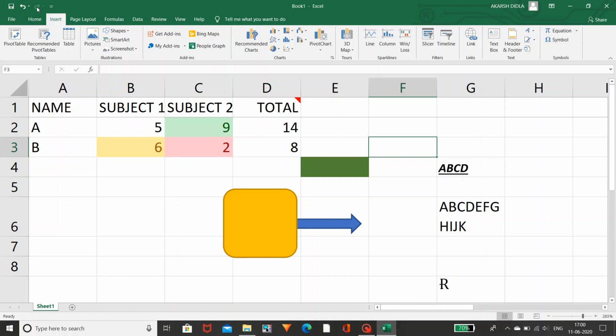And coming to the two options, you can see these are the Undo and Redo options. Hope you guys know about them. And this is your Account, as I have told you at first in the File menu. And this is the Ribbon Display options. If you want to change the ribbon display, you can use it. And these are the minimize and maximize buttons. If you want to close this, you can close it. Or if you want to share this Excel sheet with another person or any online service, you can use the Share option. This is about the Excel window.